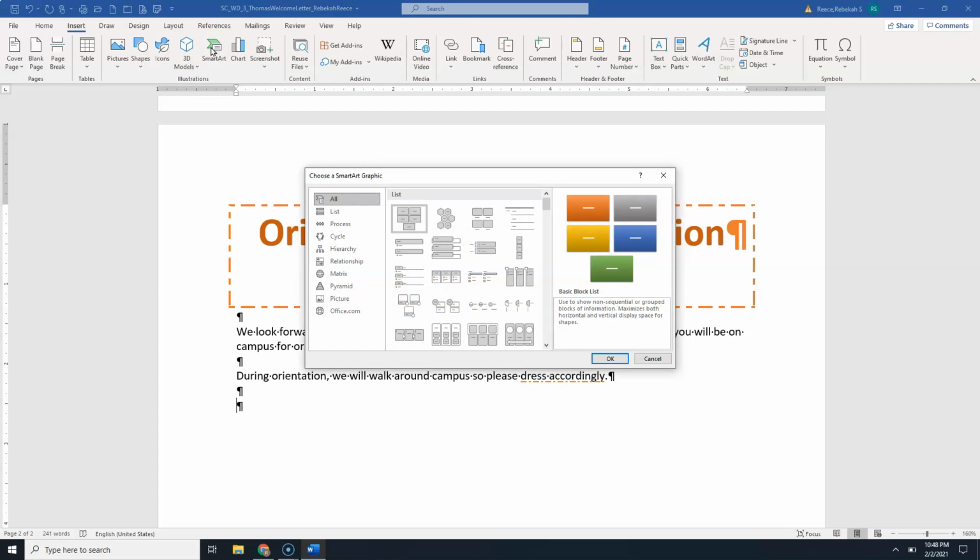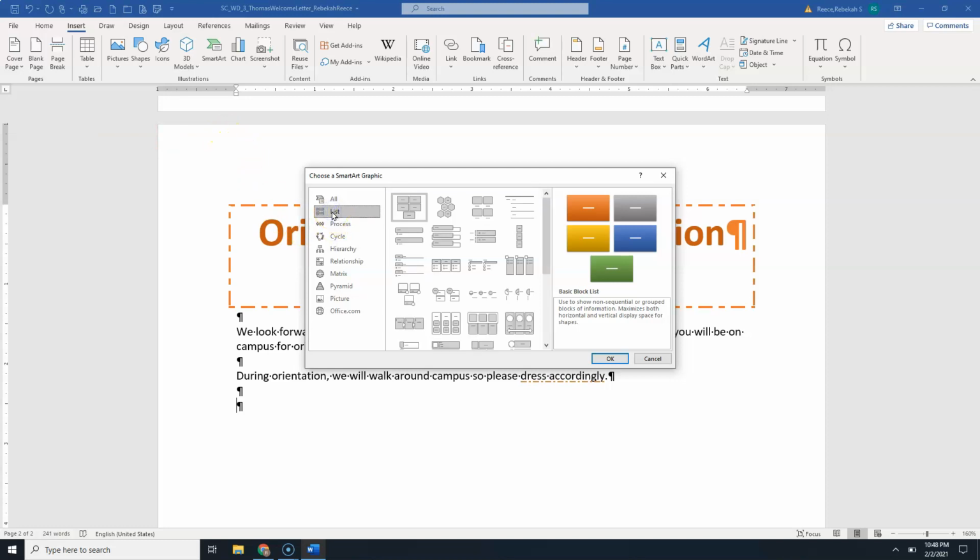And then we are going to choose over here on the left where it says List, and this is going to give us just those that are identified as SmartArt graphics that could have a list of information. So once we have List, we are going to choose